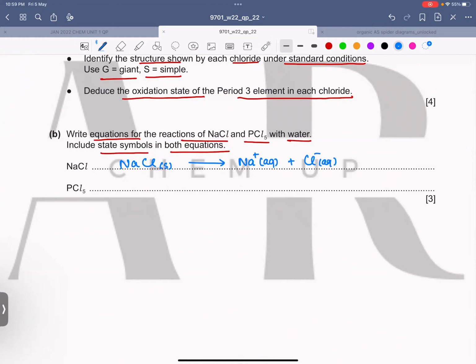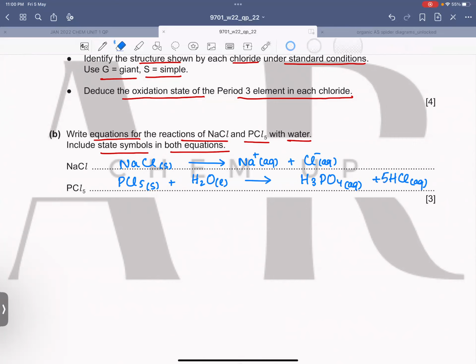But PCl5 is a covalent compound, so covalent compounds hydrolyse in water. Hydrolysed means they react with water. So when it reacts with water, it's a solid, so you have to show water over here as well. And when it reacts with water, it would give you phosphoric acid, H3PO4, which must be aqueous, and HCl, aqueous. So if you balance the equation, there are 5 chlorines, so you would put 5 over here, and there are